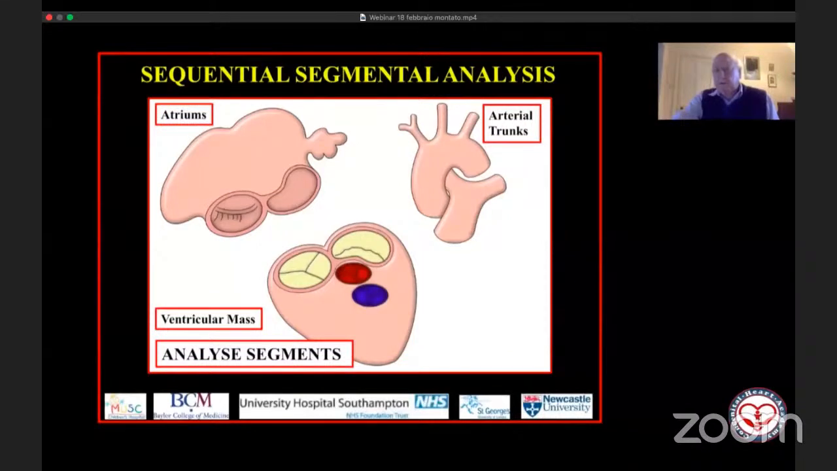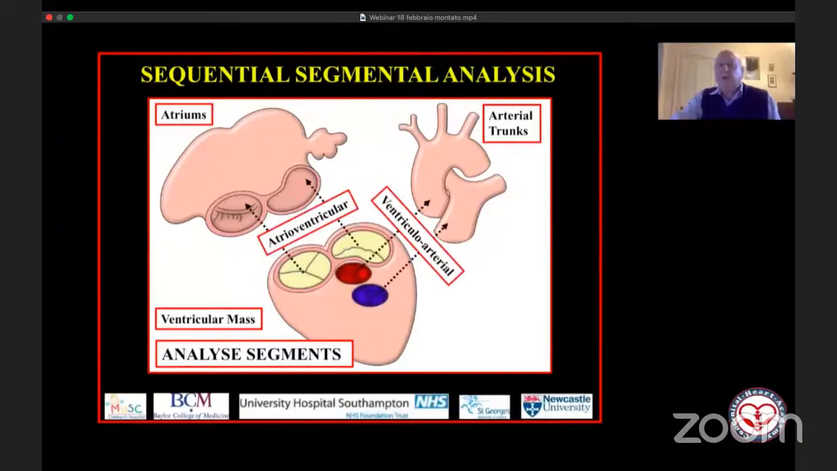But what we were trying to do when we began to use this system in the early 1970s was not only look at the segments, but to take note of the junctions between them. The atrioventricular junction, the ventricular arterial junction. So we emphasized not only the segments, but also the connections between them. And this was where we began to get into some difficulties between the systems, as we discussed in our previous